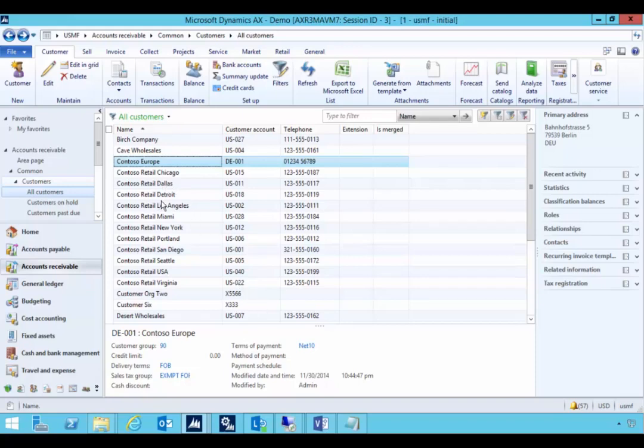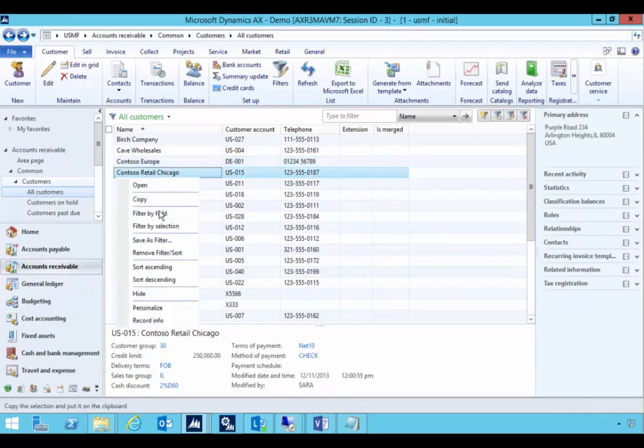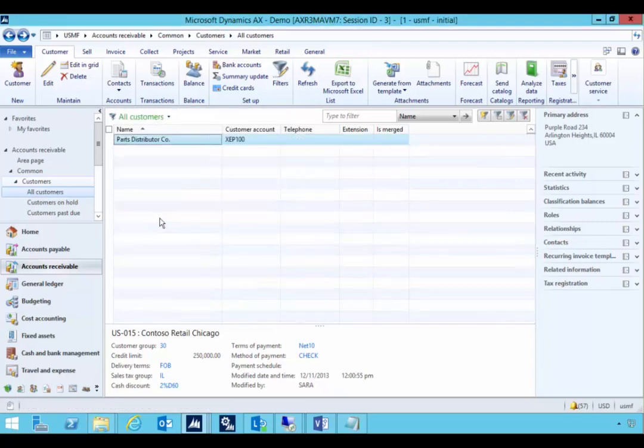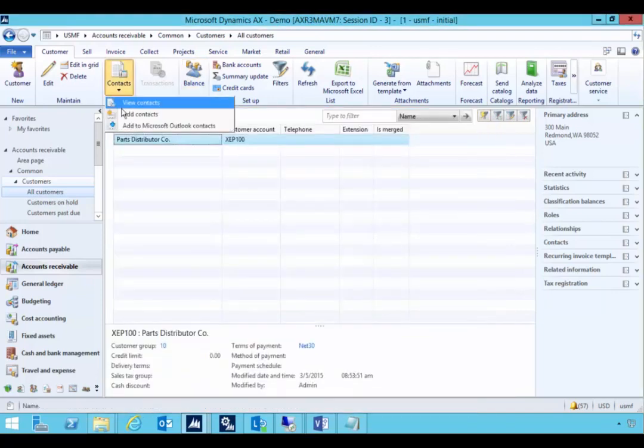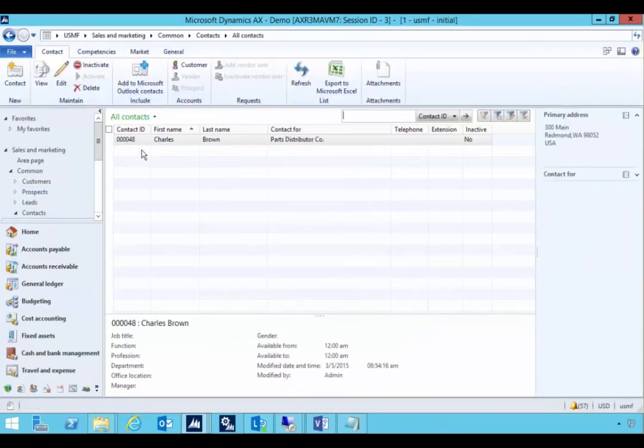Let's have a look at a customer portal administrator from a customer's perspective. What I can see here is that I've created a new customer. It's called Parts Distributor. They don't have a balance yet because they're only just a brand new customer that I've created. So no balance. I've created one contact for the customer, Charles Brown here, and I've associated Charles with